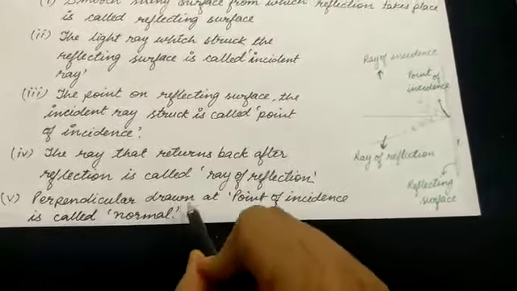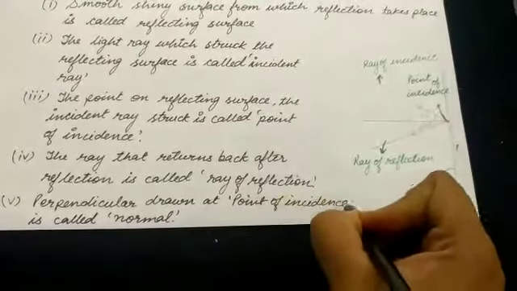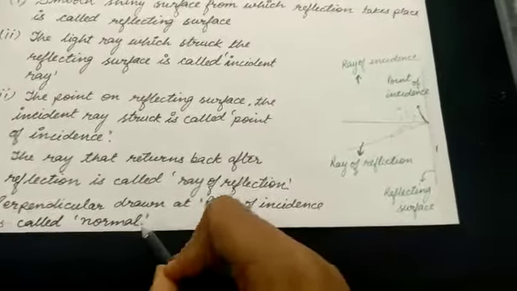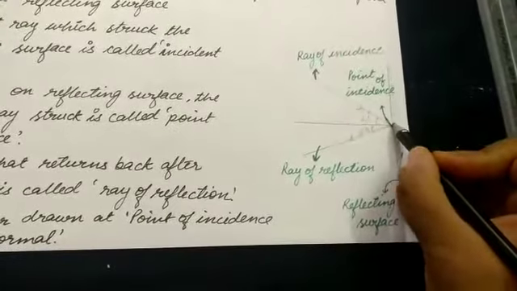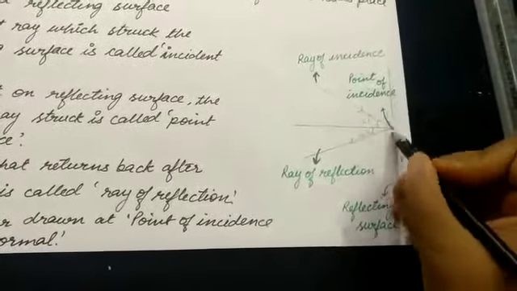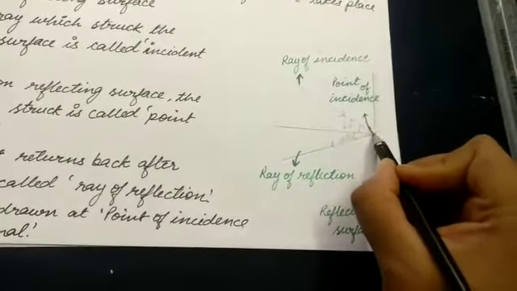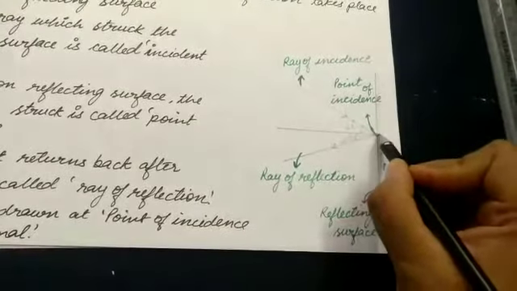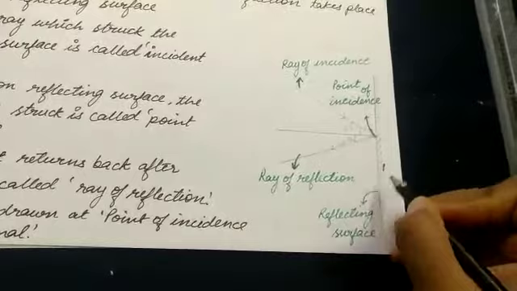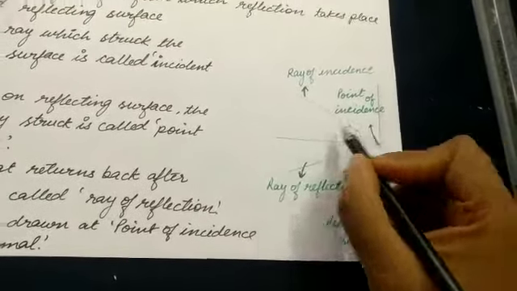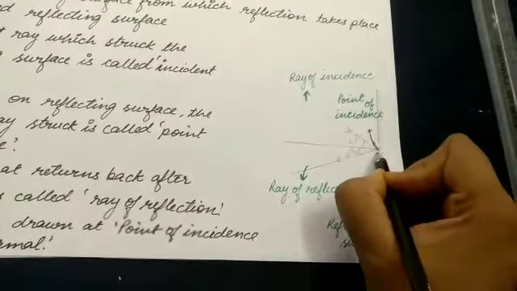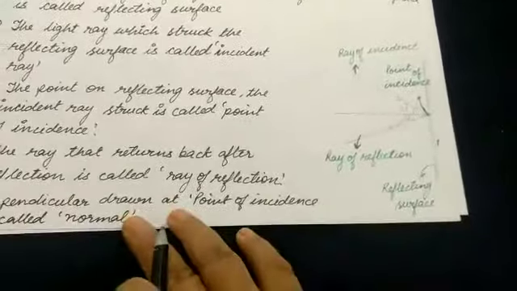A perpendicular drawn at the point of incidence is called the normal. This is the point of incidence on the mirror, and when we draw a perpendicular line on it, this is a perpendicular line on the mirror at the point of incidence. So this line is called a normal. Now next thing,